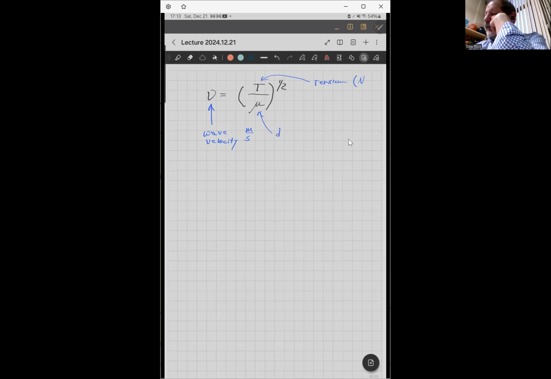Now, notice there is no width factor. There's no width or diameter. Okay, nothing about that. There is only what is called the density